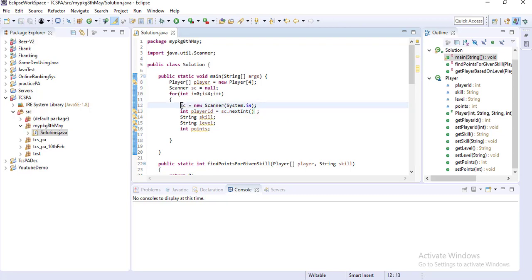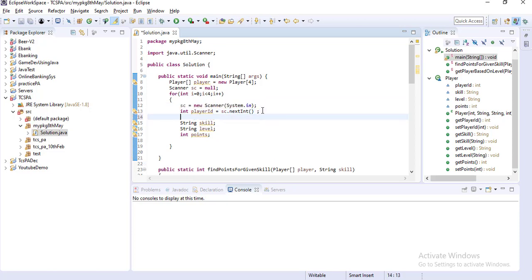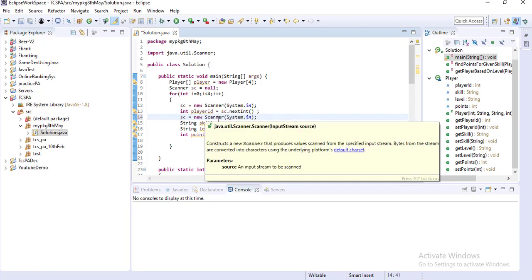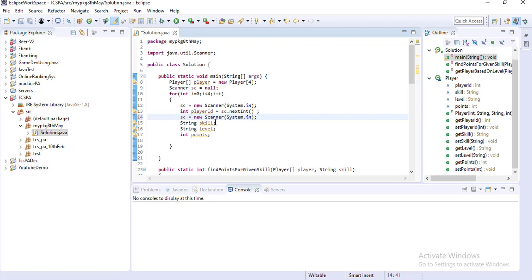For the second one I am using the same thing. For every input I am creating a new scanner object. You can do it with one object, but in that case, sometimes after reading the integer values, if you try to read the string values, it will give some problem; it will not read directly, and you have to write one extra line.